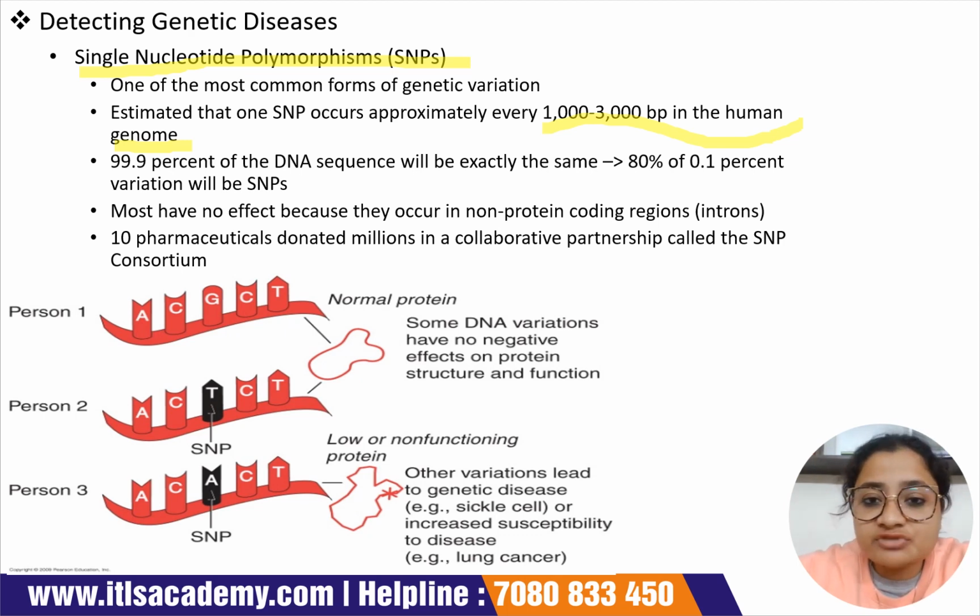There are various types of genetic mutations. I will be talking about them in the upcoming sessions, no need to worry. So that is the main concept. Okay, so if there is a type of SNP, then the protein that is formed will not be functional. Okay, so either it will be malfunctioning or non-functioning, or the functionality will be at a low level.